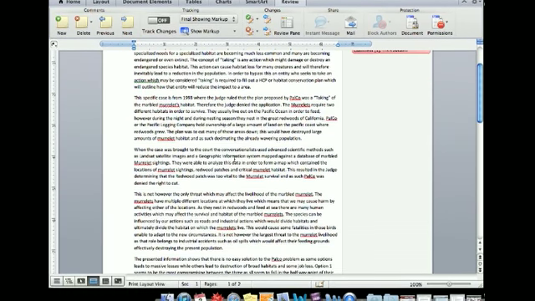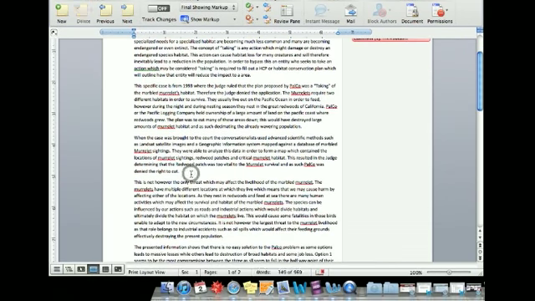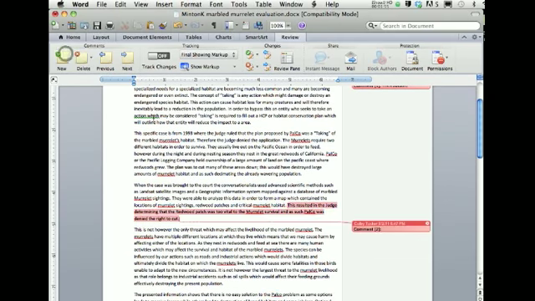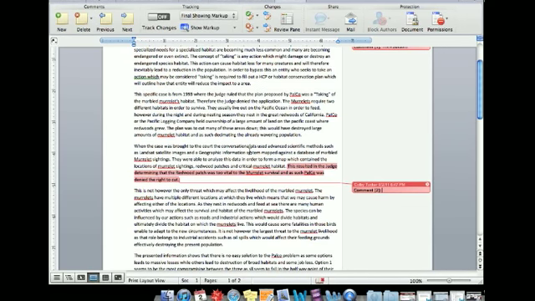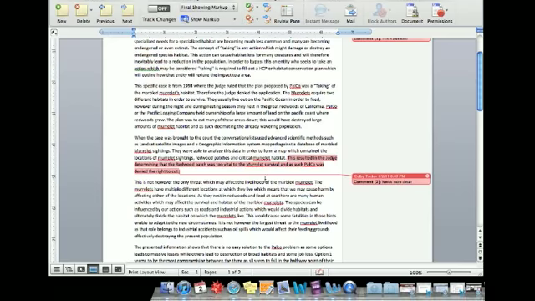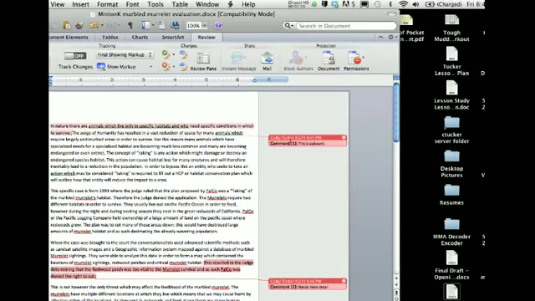And as you go on, you can write other comments. And the comments are labeled sequentially. Let's say this comment